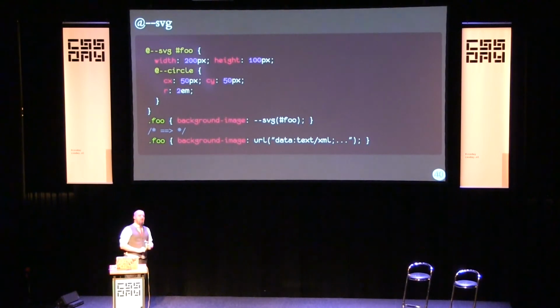So one use of custom at-rules could be to define SVG inside your style sheet. Just create a --svg element, and then a couple more, such as --circle, that are accepted inside of here. These just turn into an SVG tree, and then you could combine that with a custom function, --svg, that just takes an ID, links it up together, and then turns itself into what we see at the bottom, a data URL of an SVG.